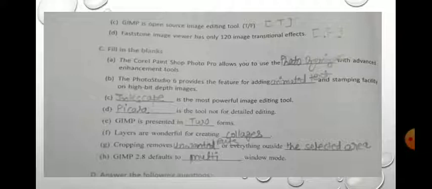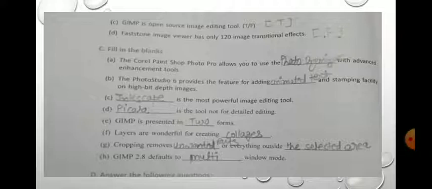So the answer is Photo Organizer. The Corel Paint Shop Photo Pro allows you to use the Photo Organizer with advanced enhancement tools.